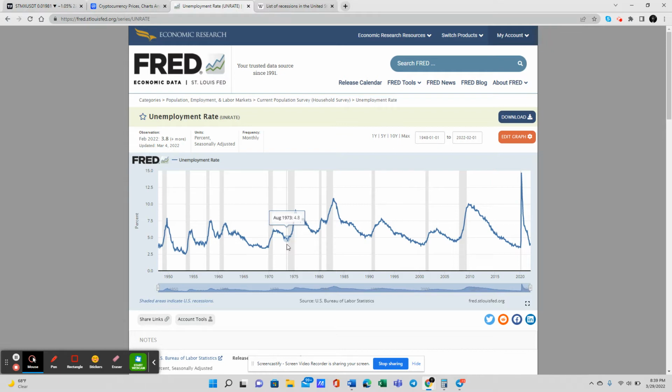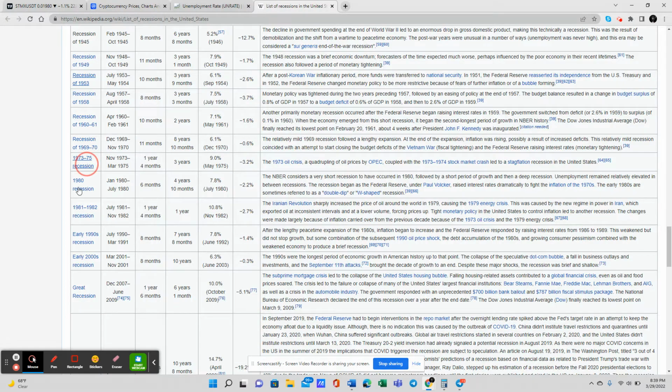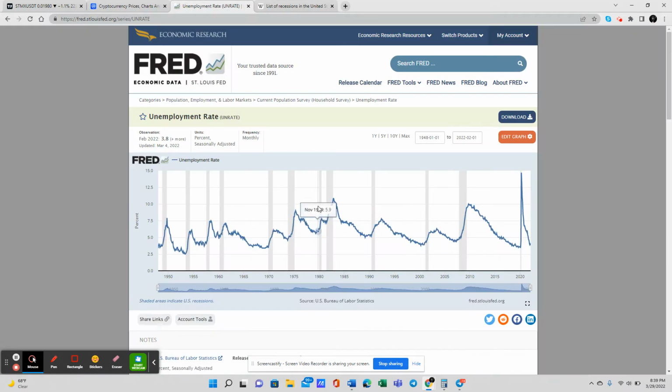So in 1973, we had the recession, but then you look by 75, we're up. The unemployment rate then jumped again, right? Let's go to 80. And I heard the 80s was a rough time. So look at this. Here in the 80s, we had six. All right. We dropped down. And then by 83, we're up at 10.